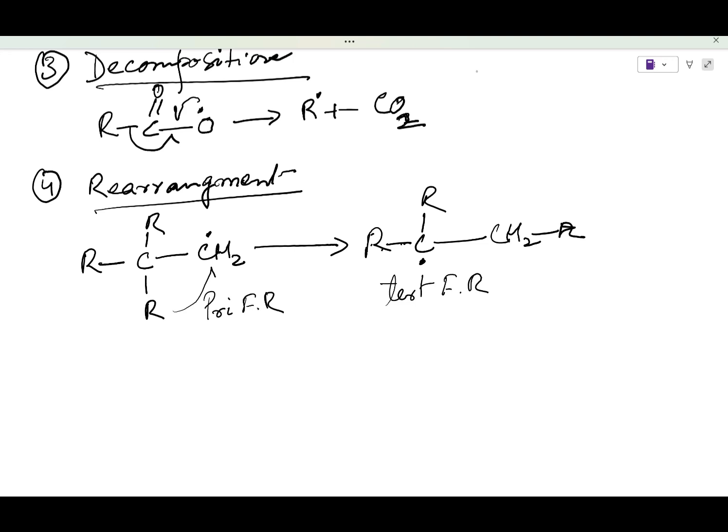And similar to this, the last step is the termination steps. Because the free radical reactions are chain reactions, you know, in order to stop them, you have to remove the source by which that energy is generated. That's why you have to switch off the bulb or whatever source you are giving, you have to remove it. For that, what type of reaction will go? The free radicals react with each other, either with a similar radical or with a different radical, depending upon the possibilities. One of the reactions is the coupling reaction.